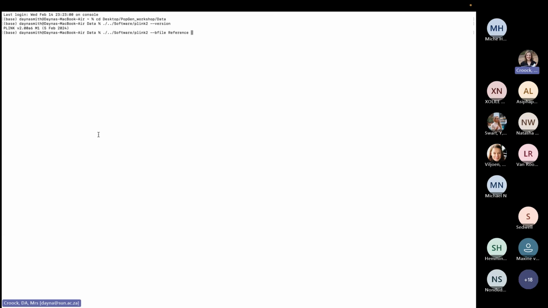Happy with this so far? So we're telling the computer I want to use Plink software, I want to use the binary file format, and I want to use this reference file. Cool. The next thing that we want to do, as Crystal said, we want to